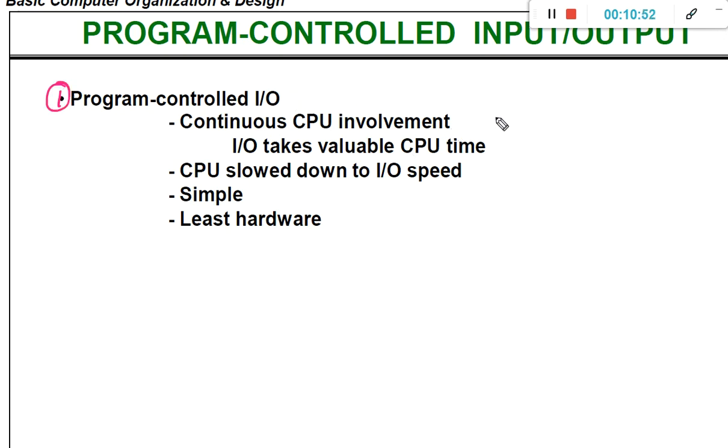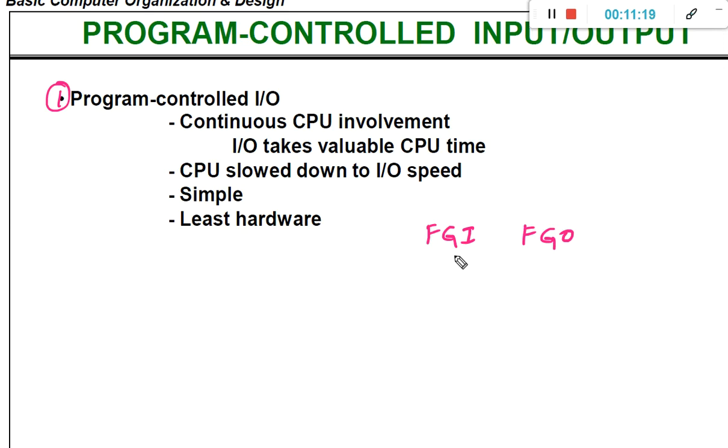Program controlled IO means the CPU continuously checks the status flags. What are the status flags? The FGI flag as well as the FGO flag.